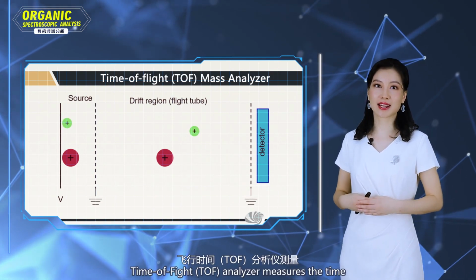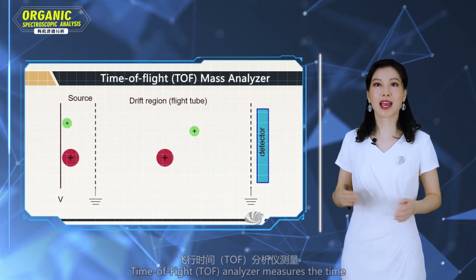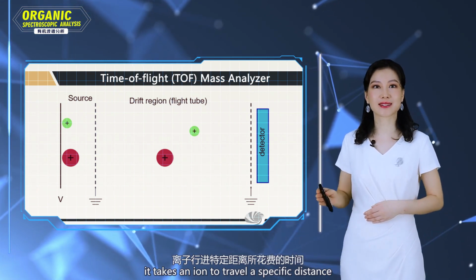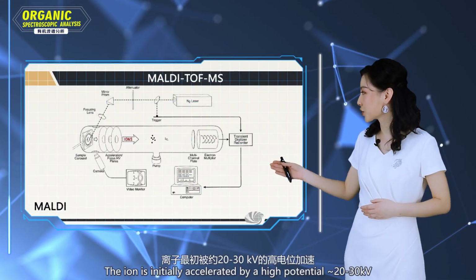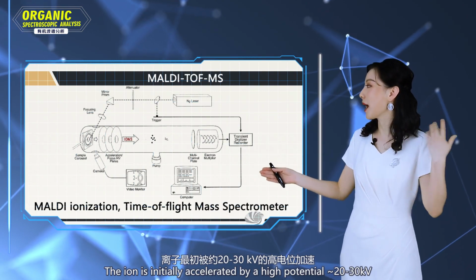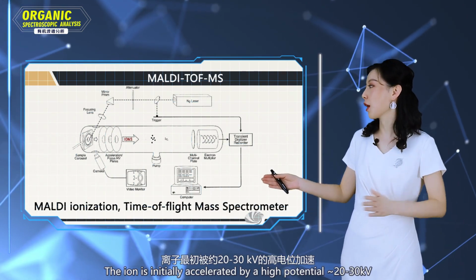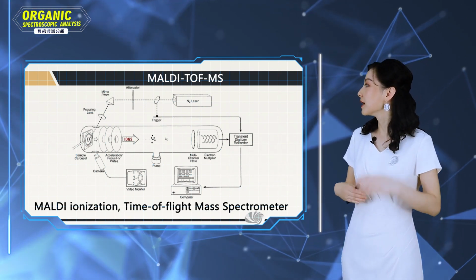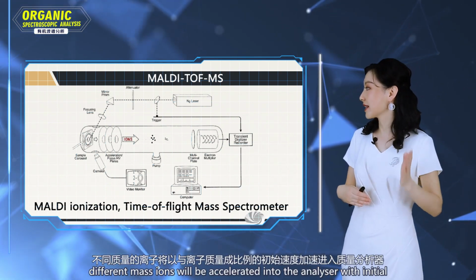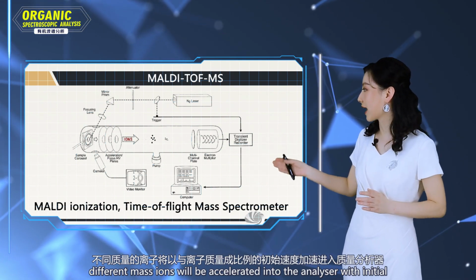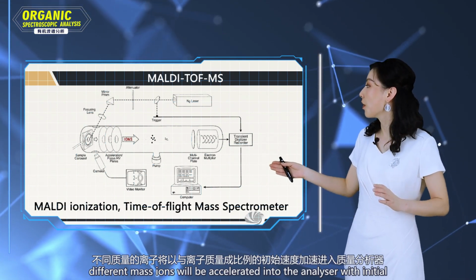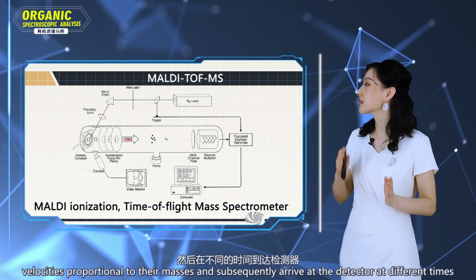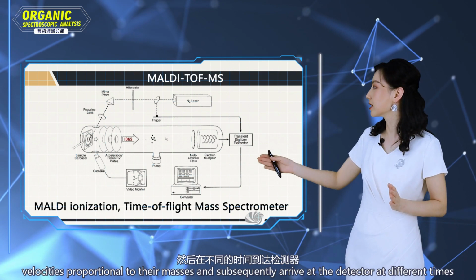The time of flight analyzer measures the time it takes an ion to travel a specific distance. The ion is initially accelerated by a high voltage, from 20 to 30 kilovolts. Ions of different masses are accelerated into the analyzer with different velocities related to their masses and subsequently arrive at the